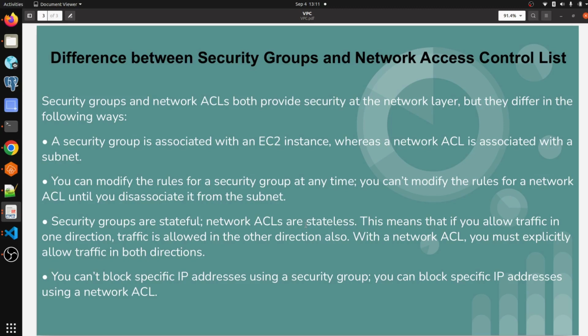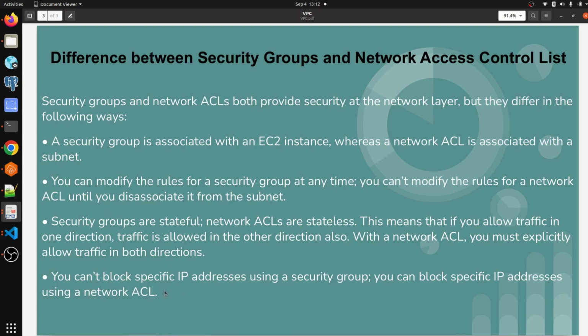You must explicitly allow traffic in both directions. Also, you can't block a specific IP address using a security group, but you can block specific IP addresses using a network ACL.